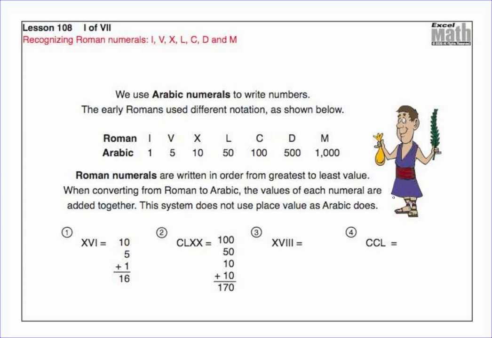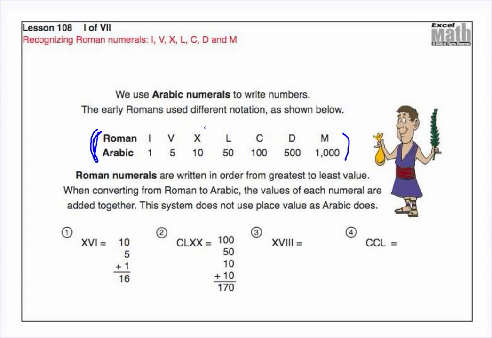All right, this is 5th grade Excel, lesson 108. We're going to be learning about Roman numerals today. And this can be quite tricky for a lot of kids, so really pay attention to this. You do have this chart in your glossary that comes with the Excel. So when you forget these, which you probably will, make sure you refer to the chart so you can be